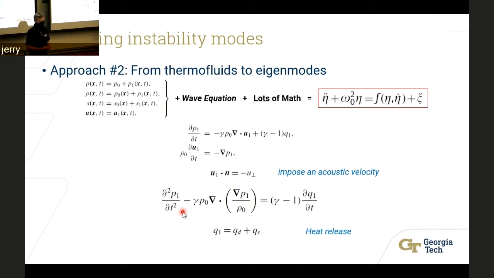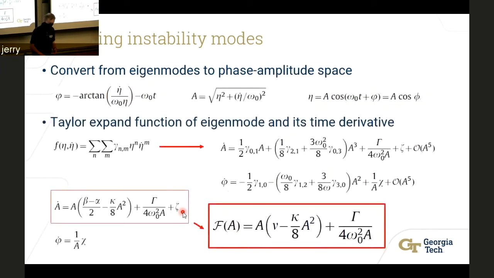But essentially, yeah, you're using the wave equation. You impose your acoustic velocity, which is essentially a boundary condition on the inside of your combustor. And then you treat the unsteady heat release rate as the sum of a deterministic part, something that you can do on pencil and paper, with something that's stochastic, where you need to pull from a distribution. And that distribution, you can actually choose from different sets, and that will influence your results.